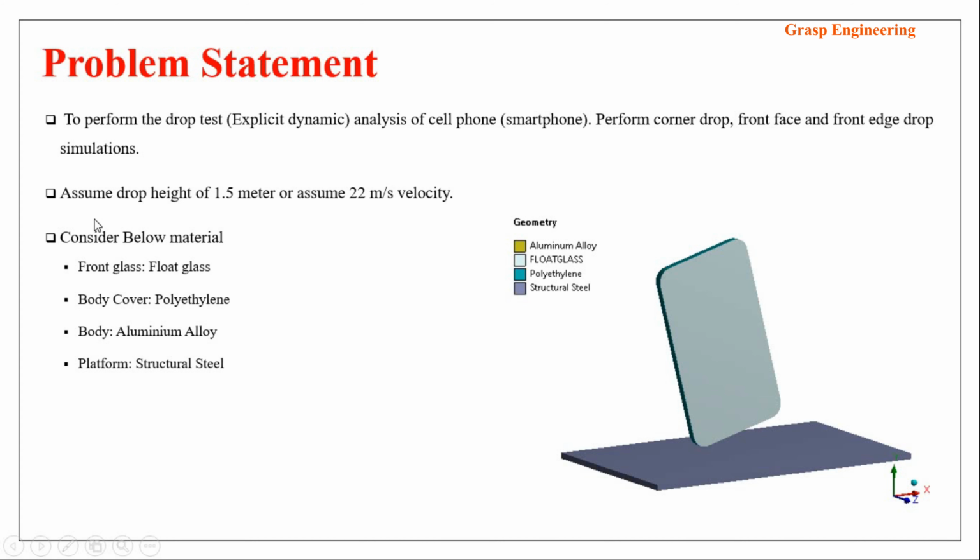Here we can assume a drop height of 1.5 meter, or else you can assume whatever velocity, like 15 to 20 meter per second, or specifically for the corner drop, let's assume 22 meter per second velocity. I will tell you how to calculate this drop height. There are two options: either you can define the respective drop height, or else you can calculate your initial velocity by using, let's see,